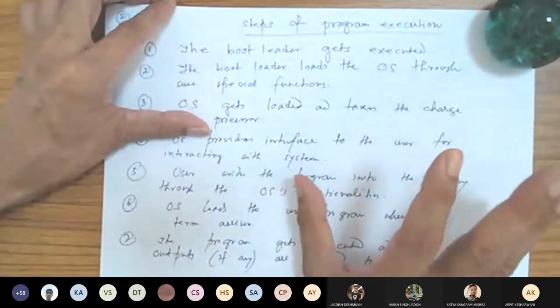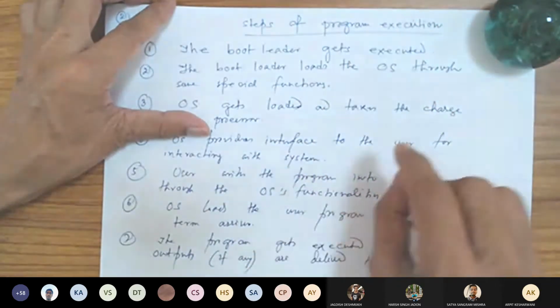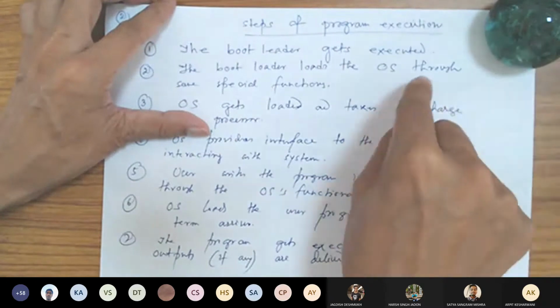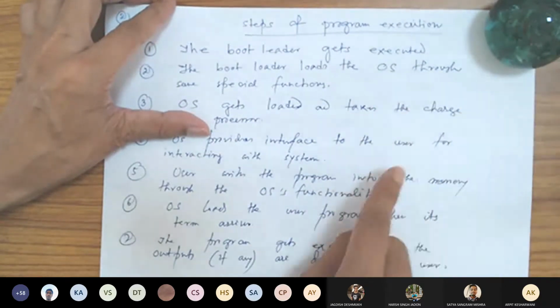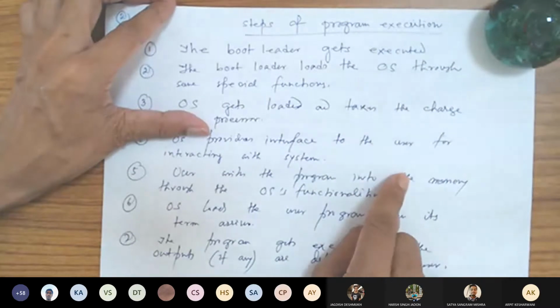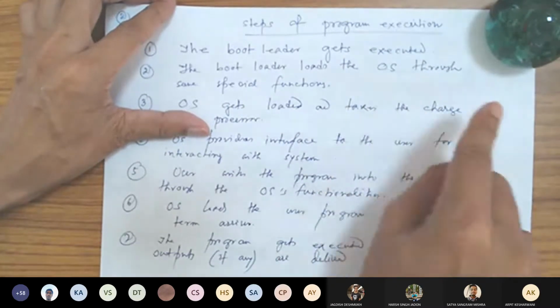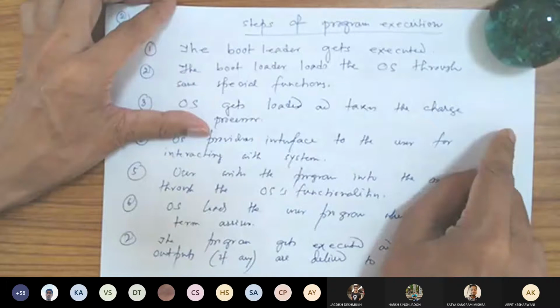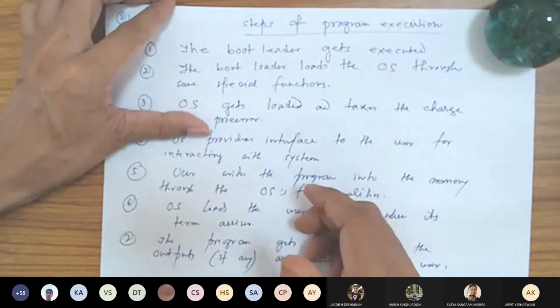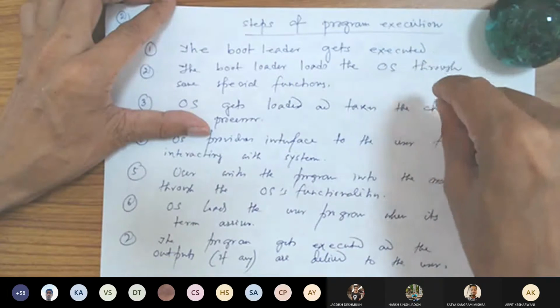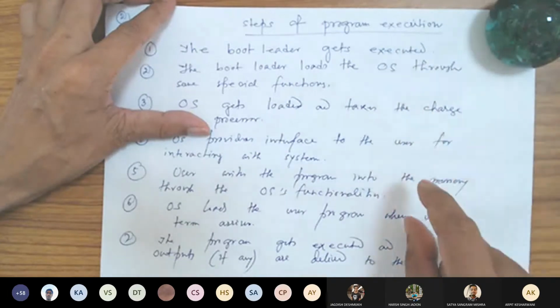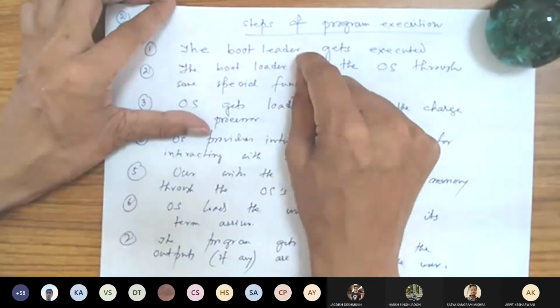What it does is load the operating system from the hard disk if you have given option 1. It loads the operating system from the pen drive if you have given option 2. If you have given option 3, it may load it from the CD-ROM drive. So depending on what facilities are available in your computer, you can set up those things. Now, these small programs are already written into the BIOS.